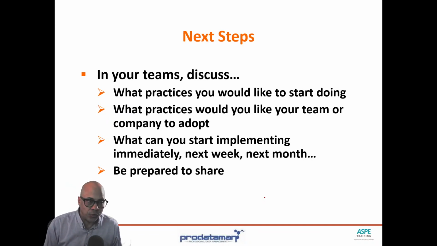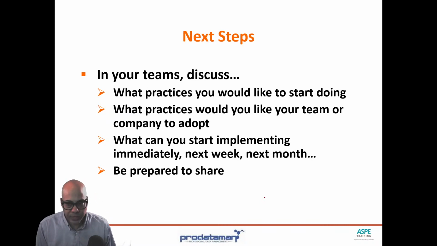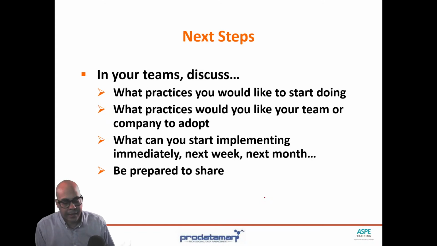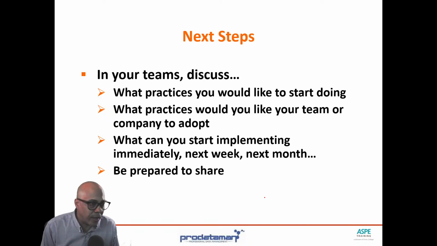What things might you want to adopt next week or next month, because maybe there's a little political overhead that you have to deal with, or maybe some infrastructure elements that need to be spun up. But there are some things I think we discussed in class here, like writing your acceptance criteria in Gherkin format, that you could implement almost immediately without too much overhead or research spikes or what have you. So I'm going to give you guys 5 minutes to consider that, maybe flip back through the book and write down a couple of short-term, mid-term, and long-term goals. Again, that's not for me, that's for you, the takeaway for class.